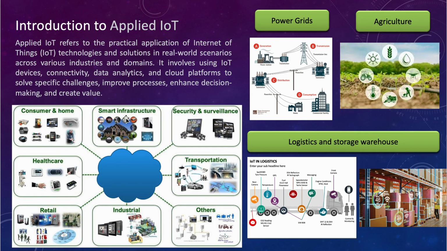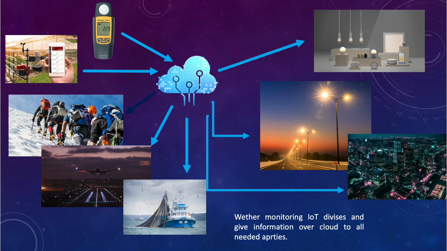That decision making process, is the light too low, is the light too high, do we need to switch on the light, those decision making processes can be automated as well. We can give parameters, and when those parameters are reached, the lights will come on according to their intensity. So that means enhanced decision making will be done. Improved processes, the main thing would be turning on the lights at the right time. Then again,